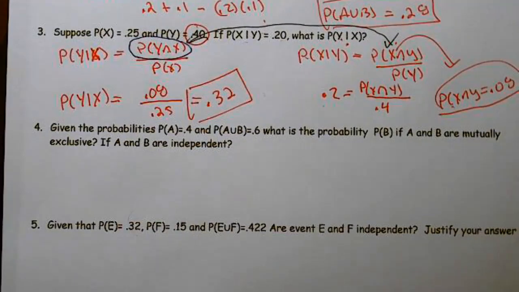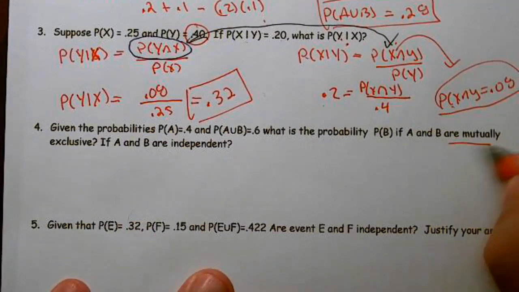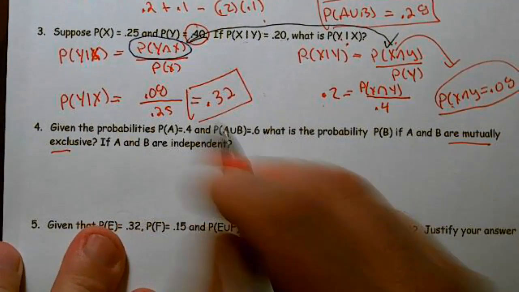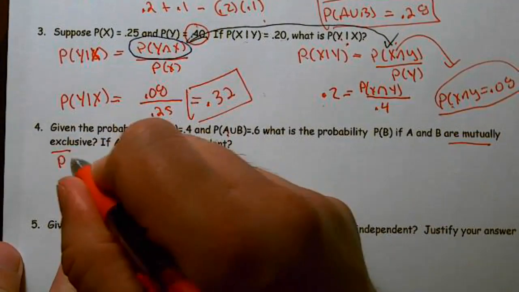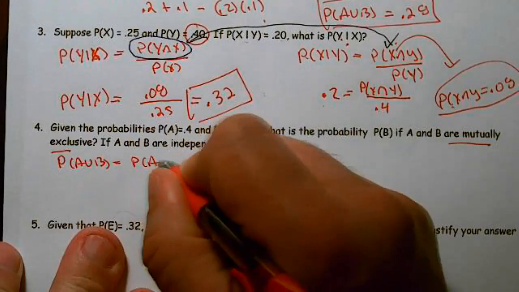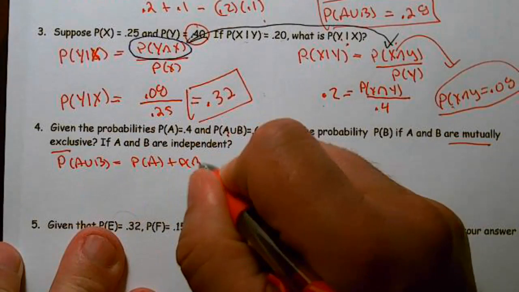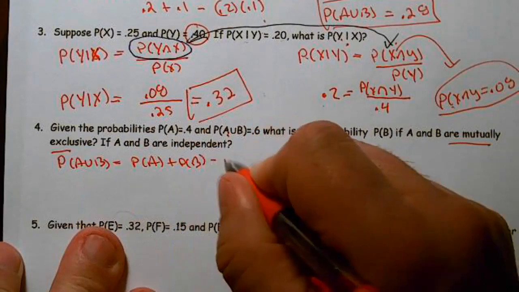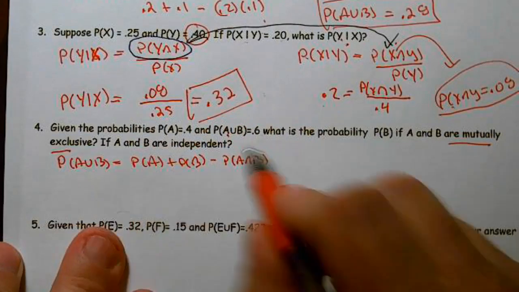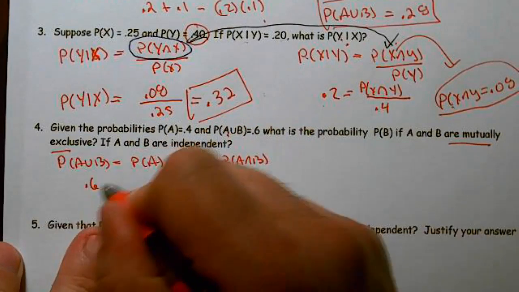Given the probabilities A equals 0.4 and A union B equals 0.6, what's the probability of B if A and B are mutually exclusive? All right, so they want to know mutually exclusive. Well, that's easy. Because remember, well, first off, they're giving us this. And anytime you give me this, I'm writing this formula. Probability of A union B equals the probability of A plus the probability of B minus the probability of A and B. Well, they're telling me that this is 0.6,